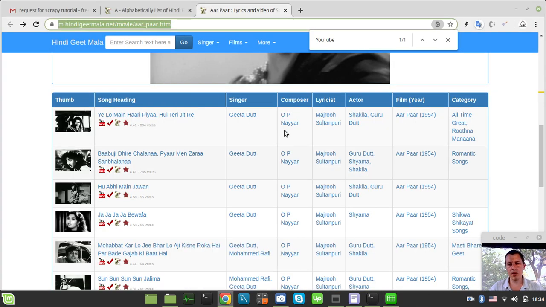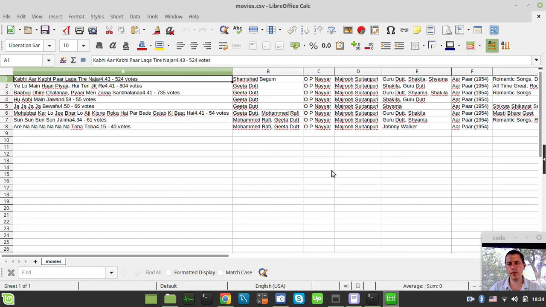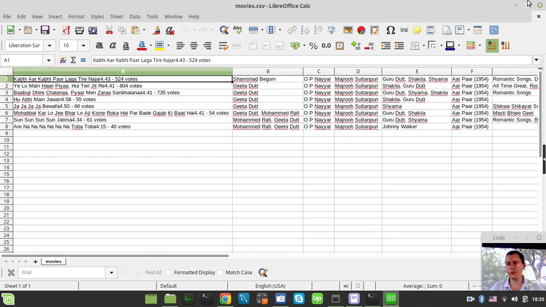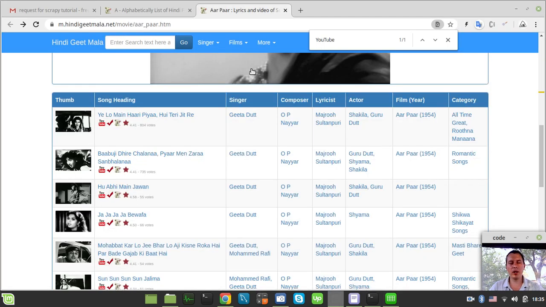So lots of data here. Lyricist, actor, film, year, and the category. So let's check the film and the year. Yeah, and the category. Somewhere it is available, somewhere not. So the data seems to be pretty nice here. Okay, I would later on try to add this sort, but let's actually try to simply grab